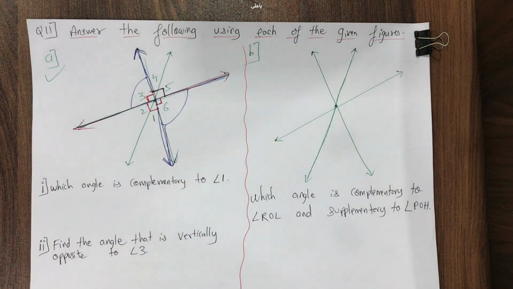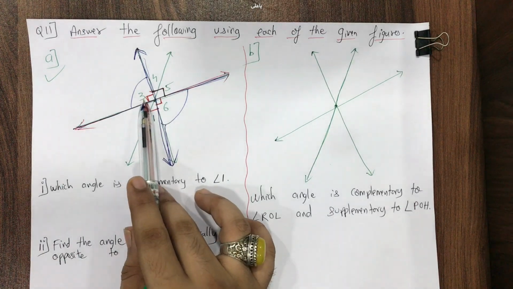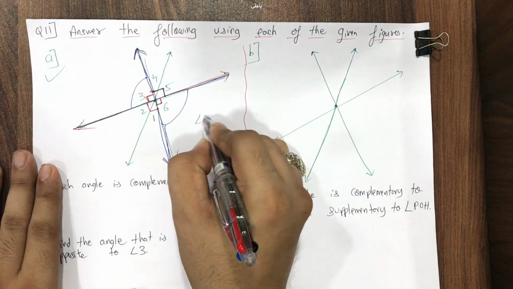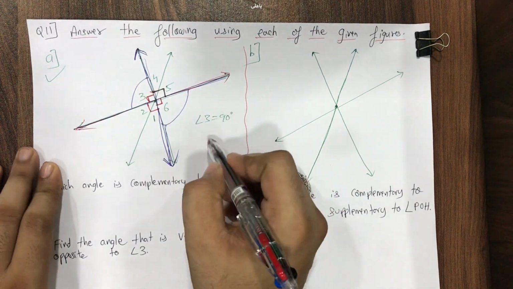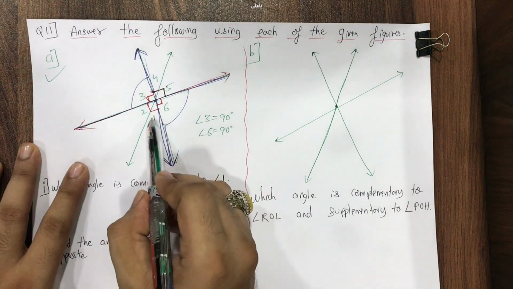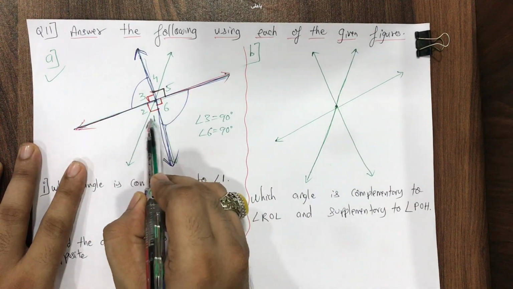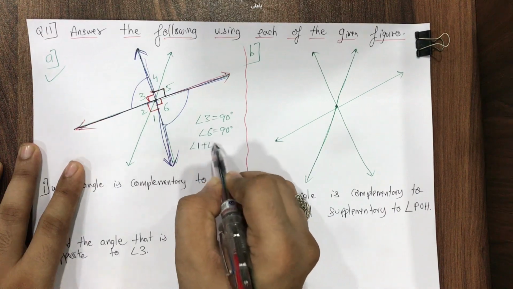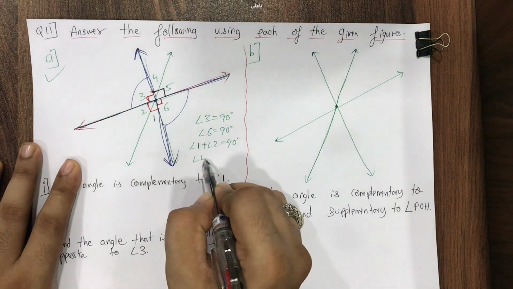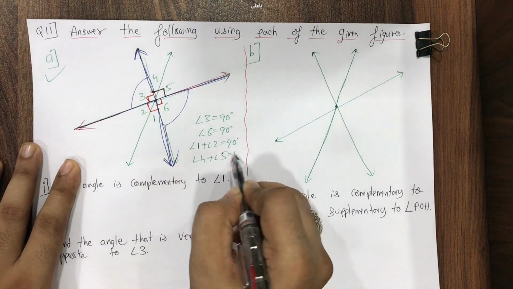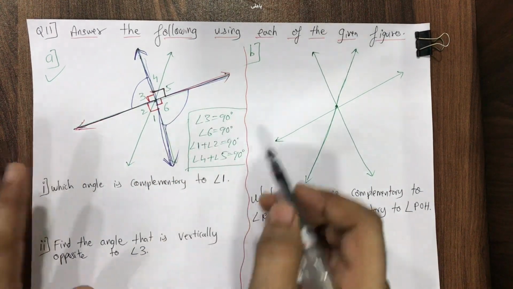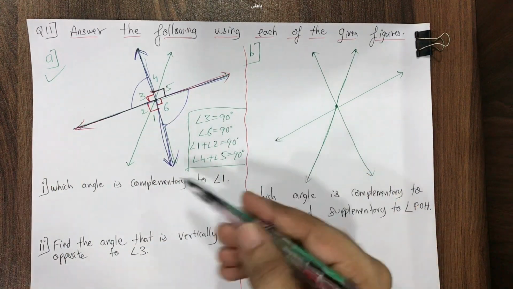Okay? So now we got to know कि angle 3 की value कितनी है? 90 degree. Basic things you should know. It can be asked. Angle 3 की value कितनी है? 90 degree. Okay? Angle 6 की value कितनी है? 90 degree. Okay. Now please see angle 1 and 2 मिला के, addition of angle 1 plus angle 2 is 90 degree. Similarly here angle 4 plus angle 5 is equal to 90 degree. 4 plus 5 मिला के 90 degree है. These things are not needed. यहाँ पूछा नहीं है, but I am explaining you. You also should know this.